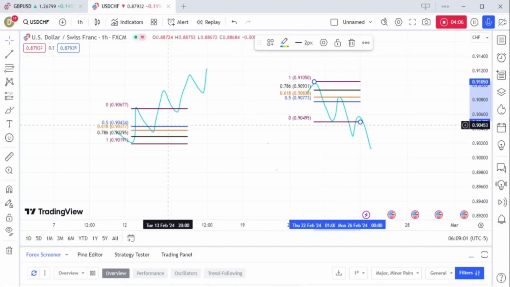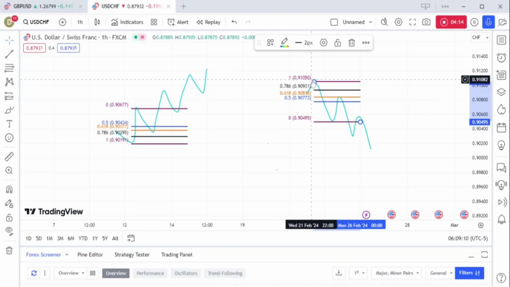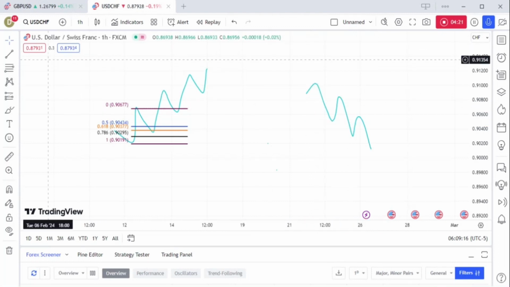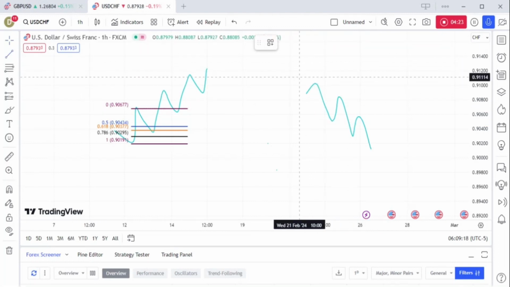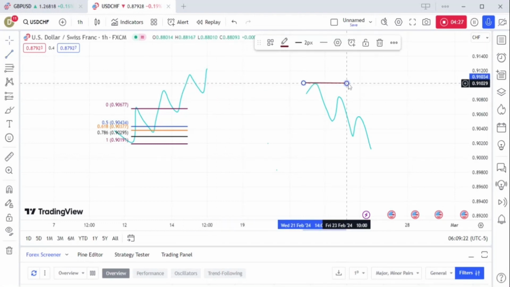Remember the first one I drew from 1 up to the next swing, which is 0. Now this one too, from 1 down to the next swing. Now this is the first swing. Let me remove this one. Sorry. This is the first swing that you pull down